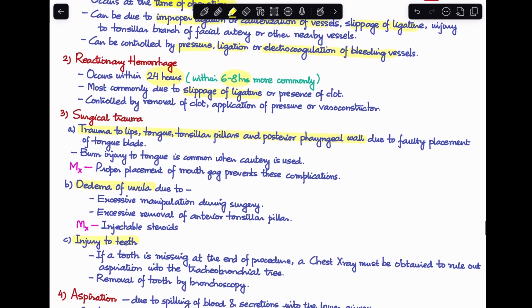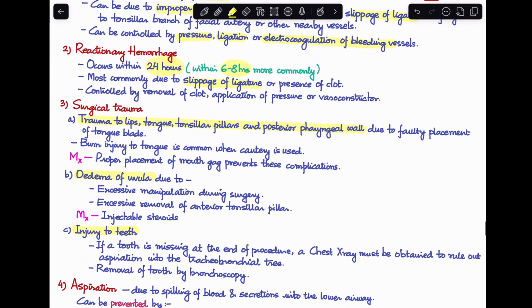Next is surgical trauma. During the time of surgery, a lot of structures can get injured. There can be trauma to the lips, tongue, tonsillar pillars, and posterior pharyngeal wall, and this usually happens because of faulty placement of the tongue blade when you are placing the Boyle-Davis mouth gag. Or burn injuries to the tongue can happen if cautery is being used. Management of all of this usually involves proper placement of the mouth gag,